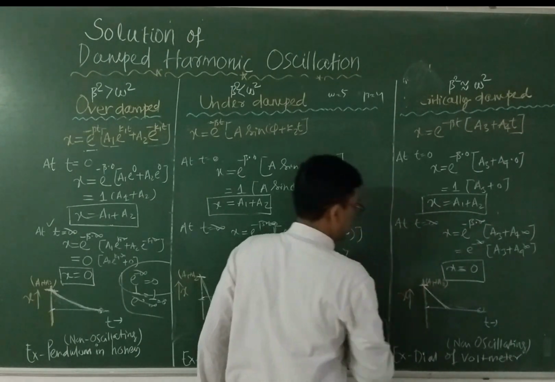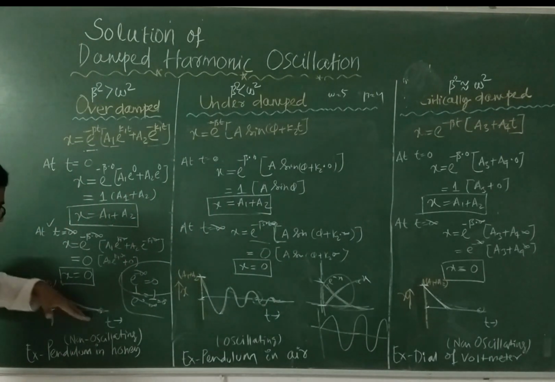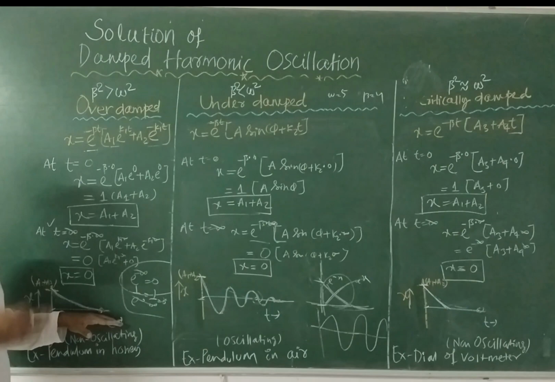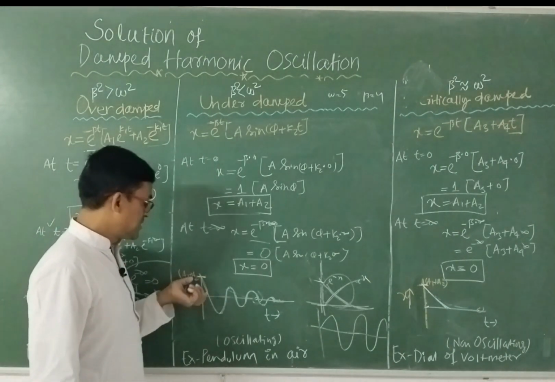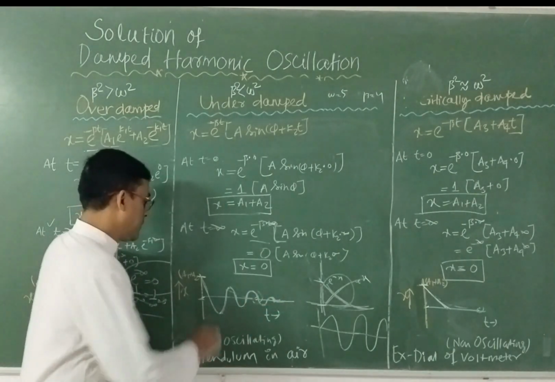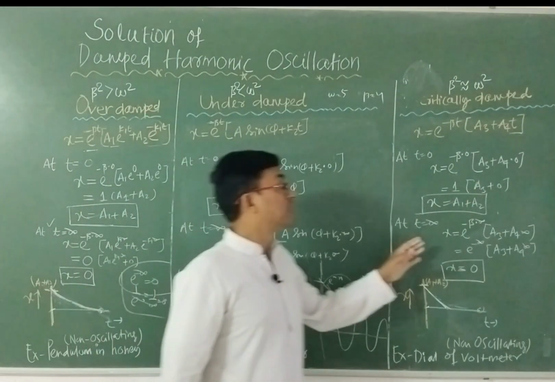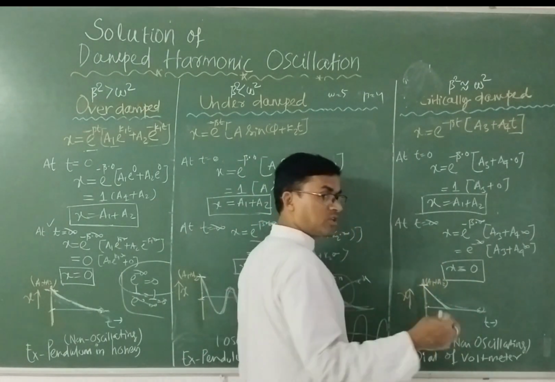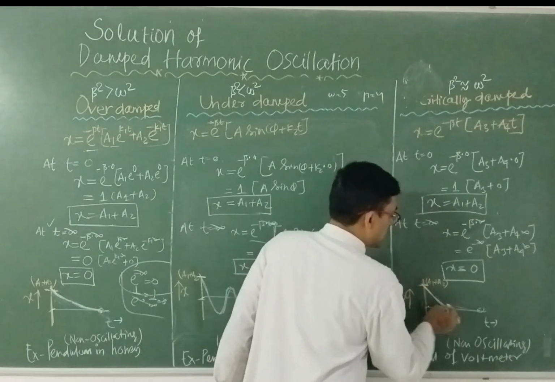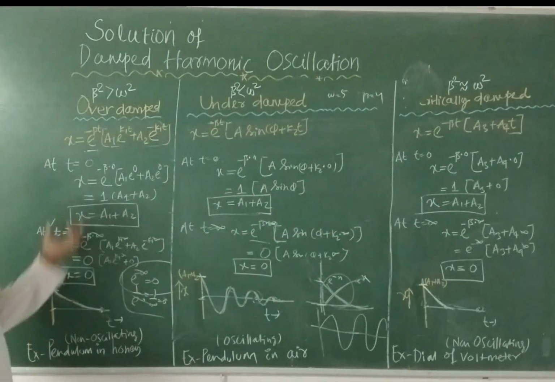Suddenly it will fall. So what we got here? Here it is falling slowly like this. When I discuss the example, you will get to know about this. And here this displacement is also coming to 0, but it is coming sinusoidally, and here the displacement suddenly falls. It is coming to 0, but not gradually. Suddenly it is coming to 0. So I am giving some examples so that it will be clear.